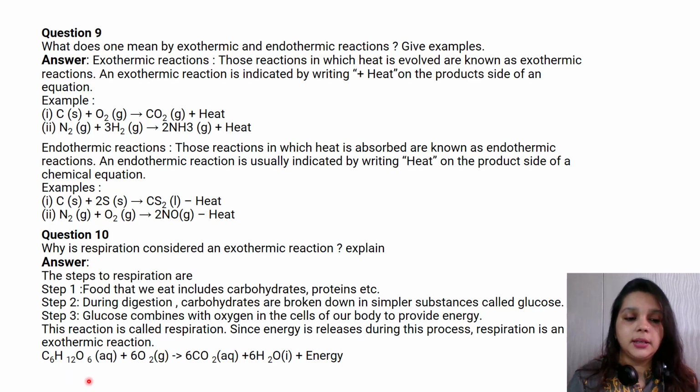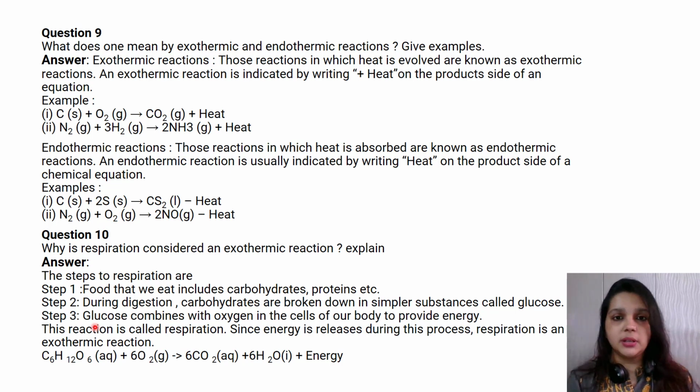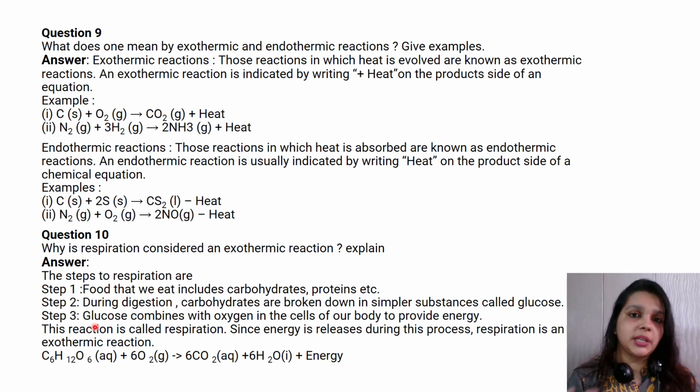And the reaction goes like this. We'll be covering all of it in our life processes chapter also. There's a video again for the same. That is why it's called an exothermic reaction, because we are breaking down complex food into simpler substances and then utilizing or assimilating those simpler substances to produce energy. The process produces a lot of energy, so it's an exothermic reaction, and we are giving out CO2.